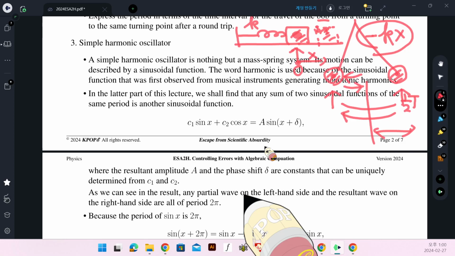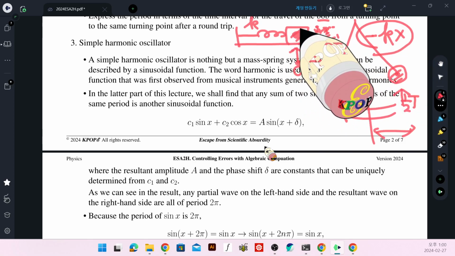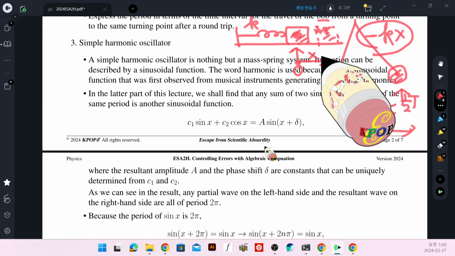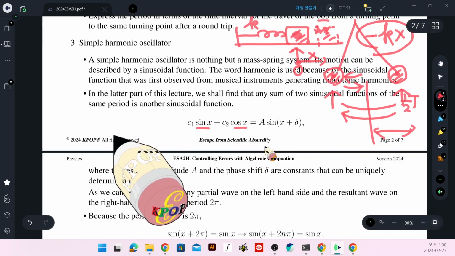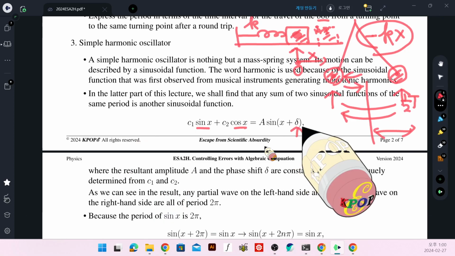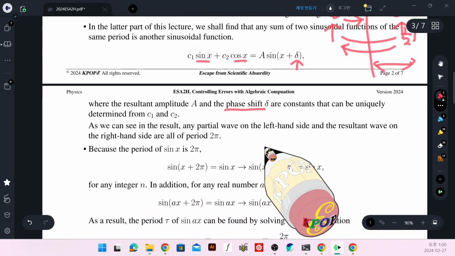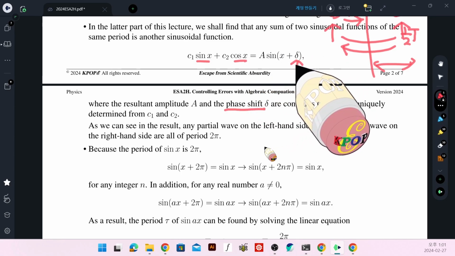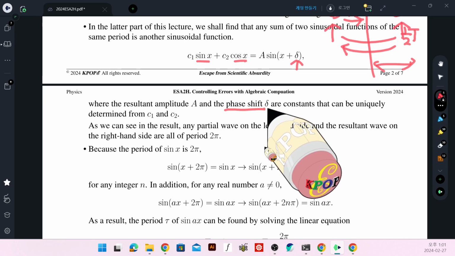Later, we will learn that the solution of this motion, this equation of motion for a simple harmonic oscillator, is a linear combination of sinusoidal functions. A sinusoidal function is either sine or cosine or sine with a phase shift. Delta is called the phase shift. Okay? So as long as this sine and cosine are concerned, and any kind of sinusoidal function shifted with the phase shift delta, as long as the